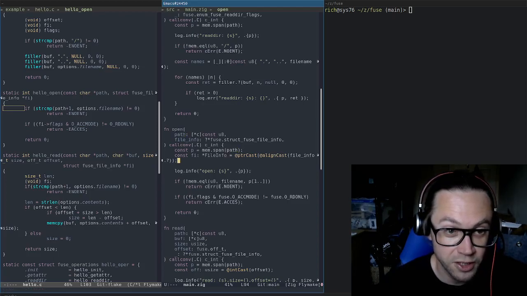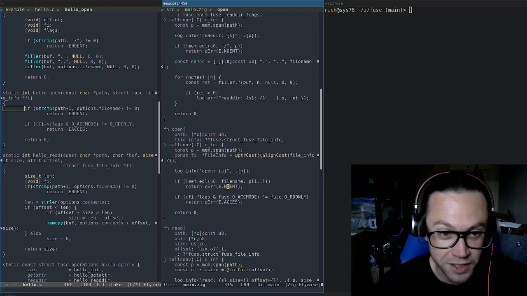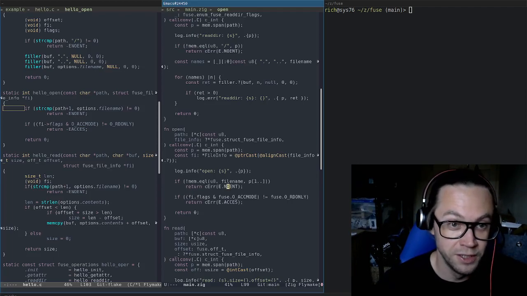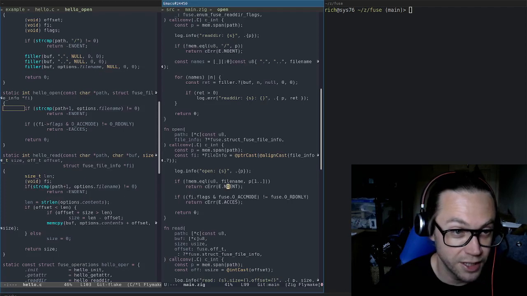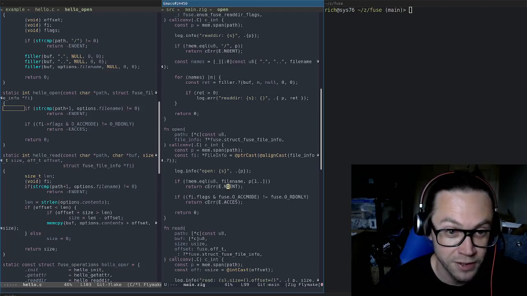I assume the kernel does that, and Fuse doesn't have much control over file descriptors. All we do is check that the file can be opened. I suppose we could do other things as well, but yeah, all we do here is check the file can be opened. We check that the access mode is